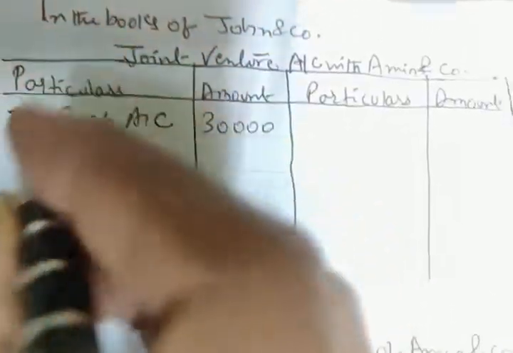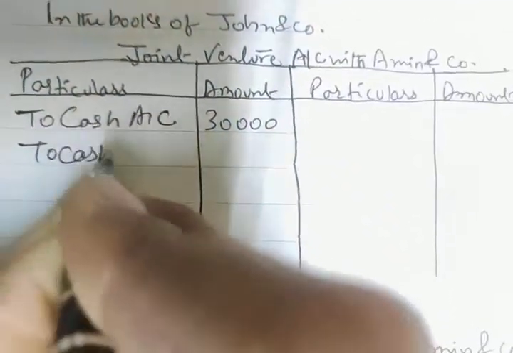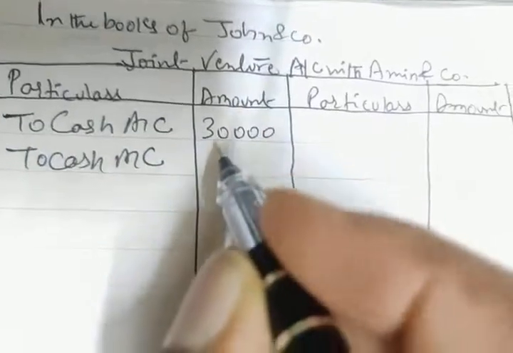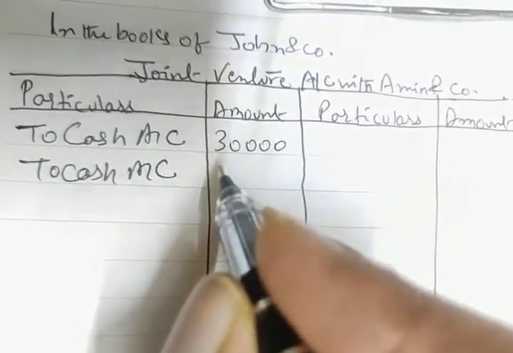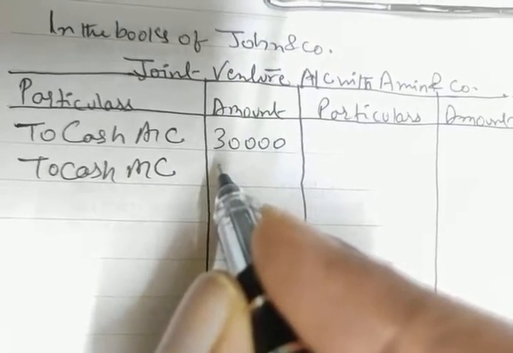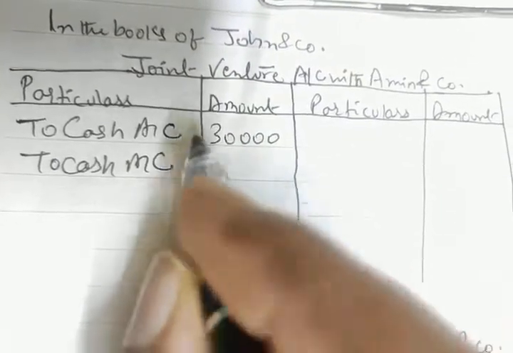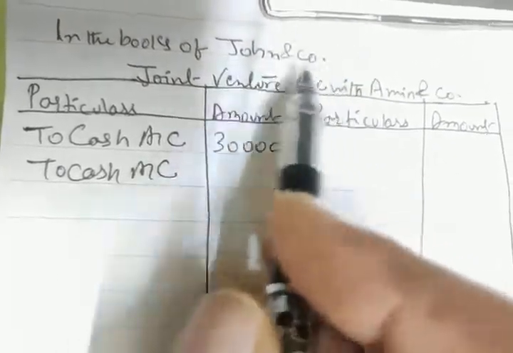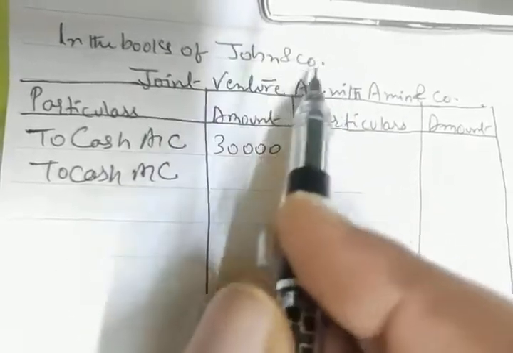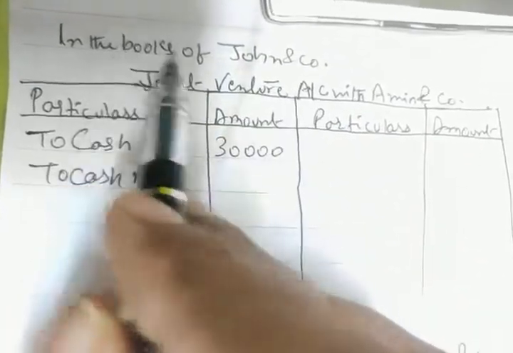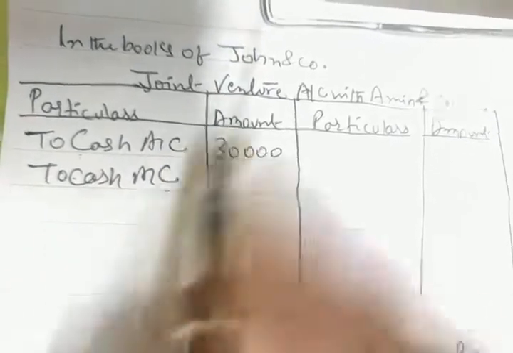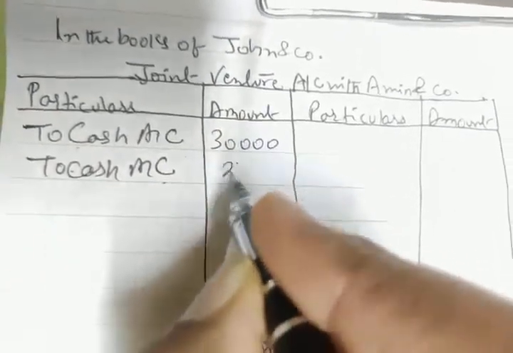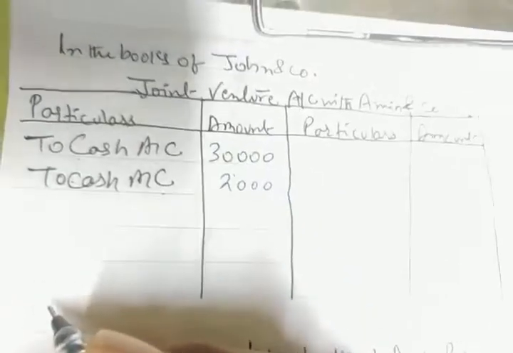Again the same way, entry to cash account. Last time I told you, or sir also told you, whatever goods are purchased and whatever expenses happen, all those we are going to write. If they are goods and expenses done by this particular venturer in whose books we are maintaining the account, then we need to make the entry in terms of cash or bank. So now this 2,000 is expenses.